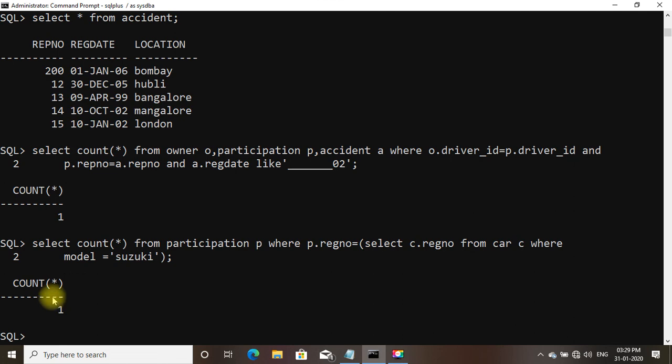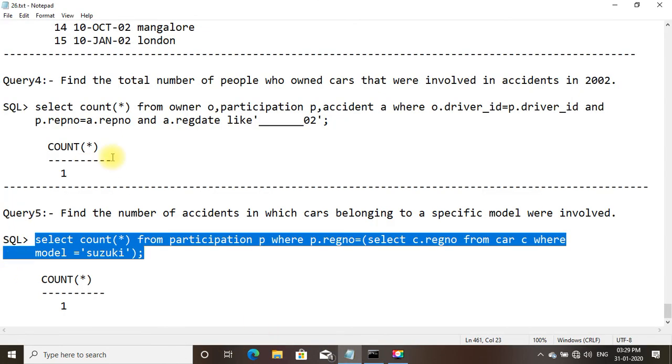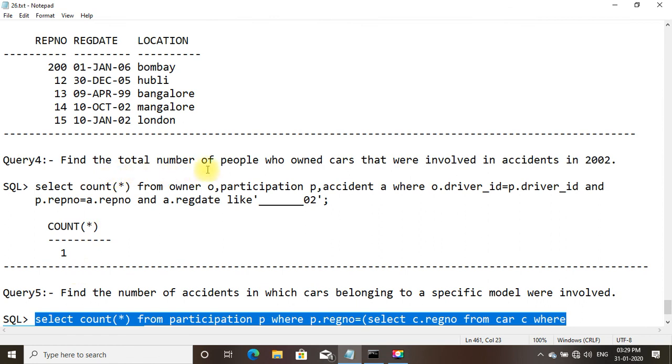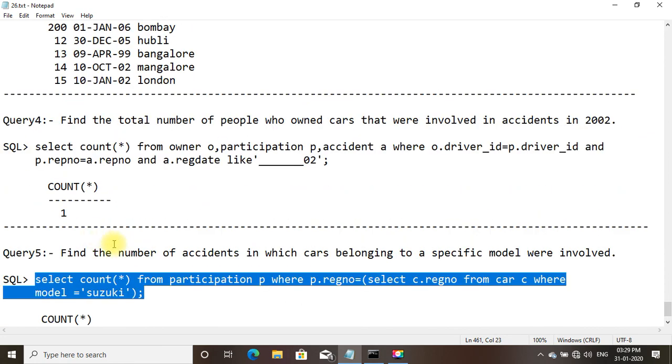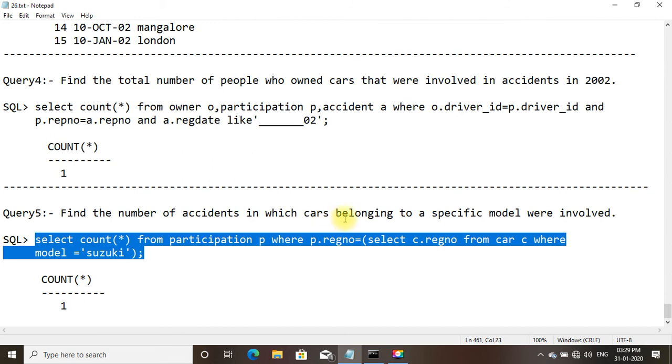Here also we are getting only 1. Here only one car has been involved in the accident, and here we find the number of accidents in which cars belong to a specific model are involved.